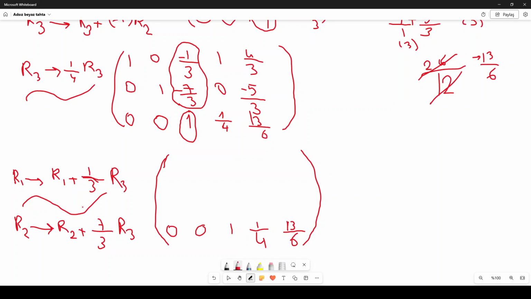Okay, so R1 plus 1 over 3 R3, so we got here 1, 0, 0, and we got 1 over 12 here, adding it to 1, we got 13 over 12,